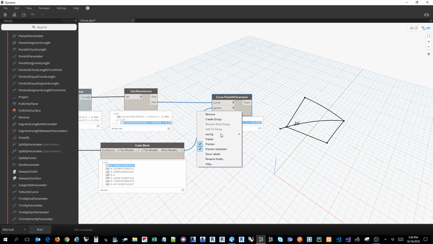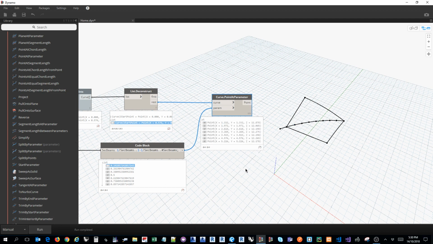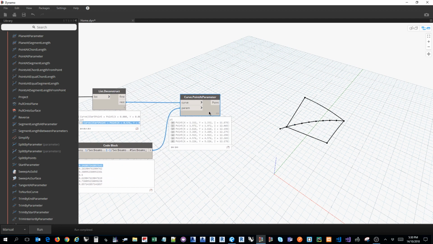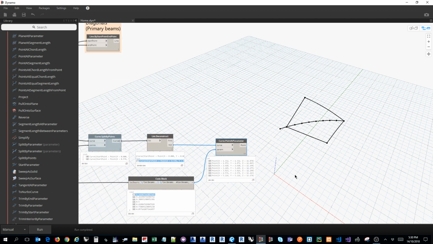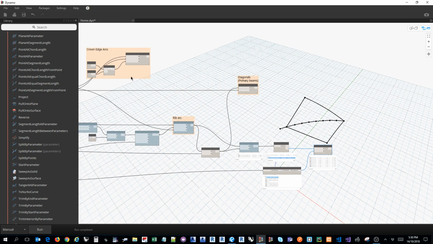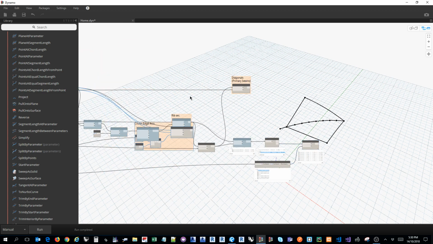So if we right click and change the lacing to longest, what Dynamo will do is take the first curve and propagate the extent to all the points on the list. Okay, and we need to do the same for the edge arcs, and